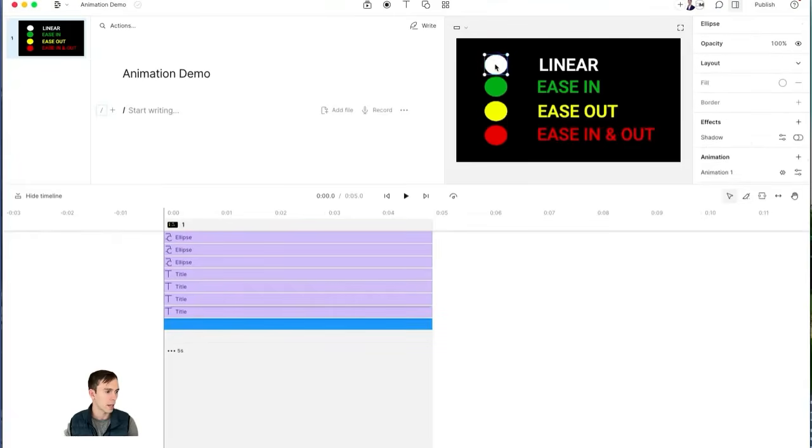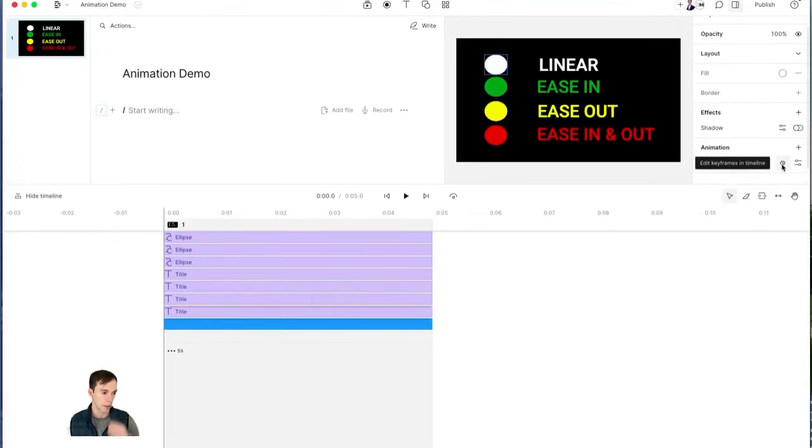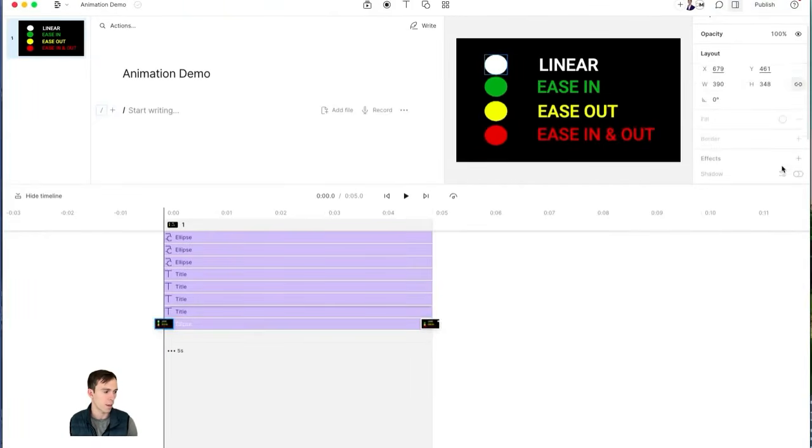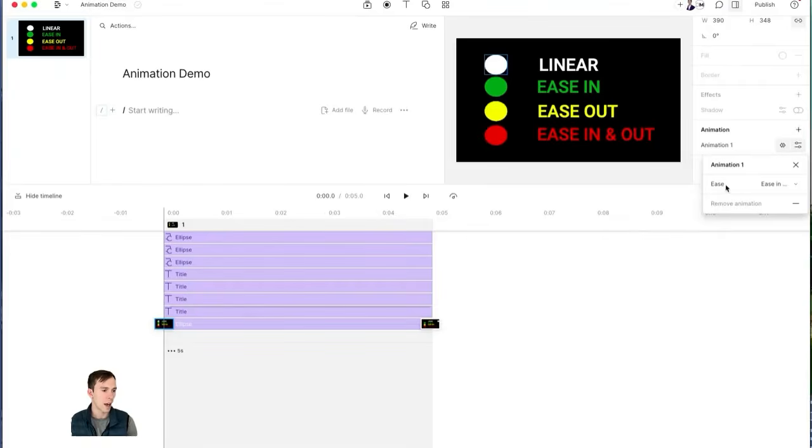I'm going to click on that again, and then find the animation. There's this little thing that says edit keyframes and timeline. If I click on it, it pulls up my keyframes. If I click the one next to it, the effect settings, the animation settings in this case, then I have the ease setting, and the first option by default is ease in and out. I'll explain that in a moment, but I'm going to start with the linear one. This is the one that's going to make the most sense. So I click on that, close the animation box, and I hit play,